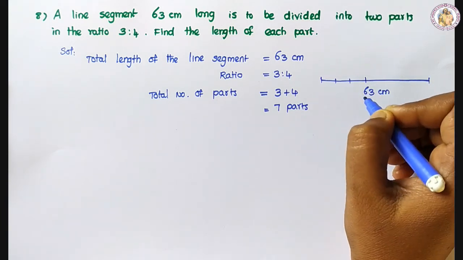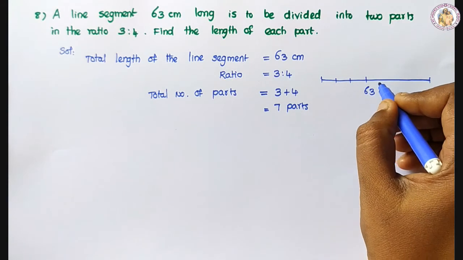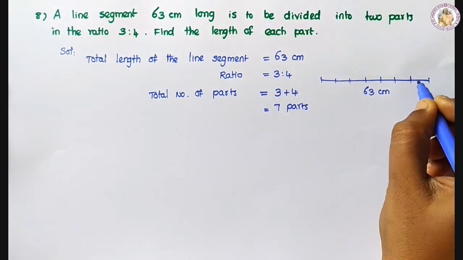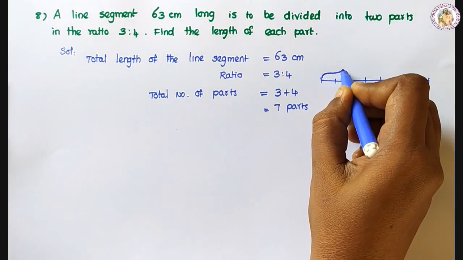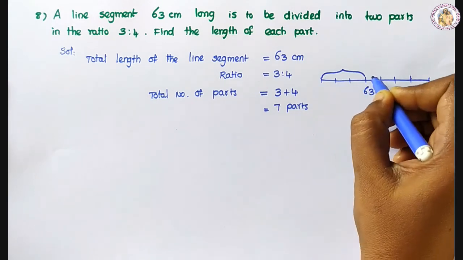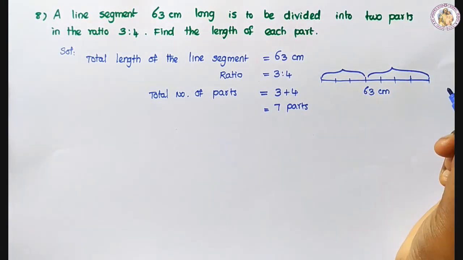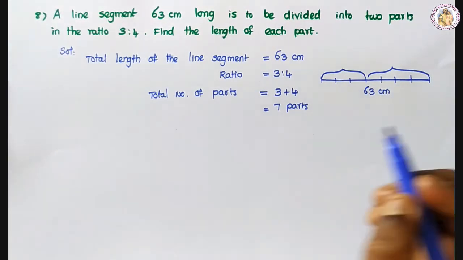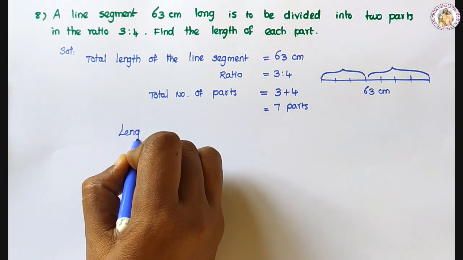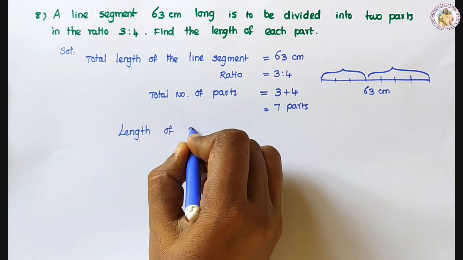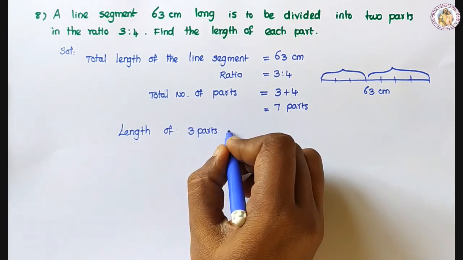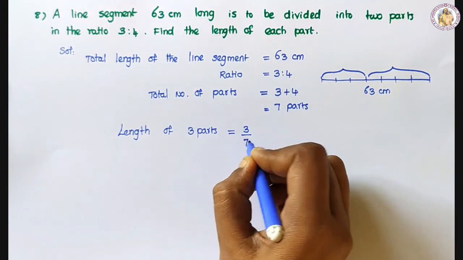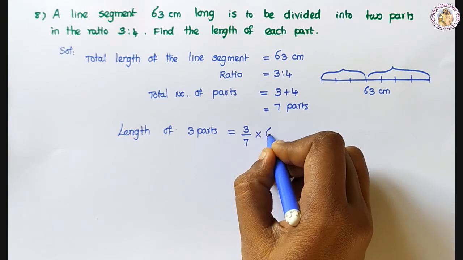Listen children, a line segment that is 63 centimeter long, it is divided into 3 parts and 4 parts. So 3 parts, 1, 2, 3. Here 4 parts. We want to find out the length of 3 parts and 4 parts. That is the question. So length of first 3 parts